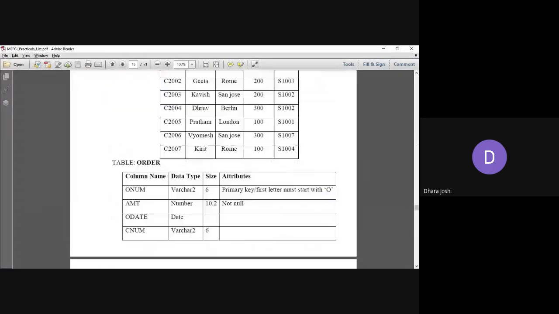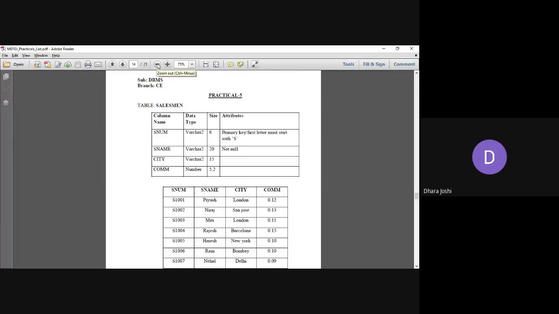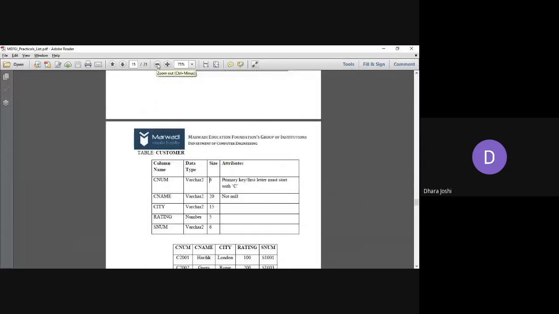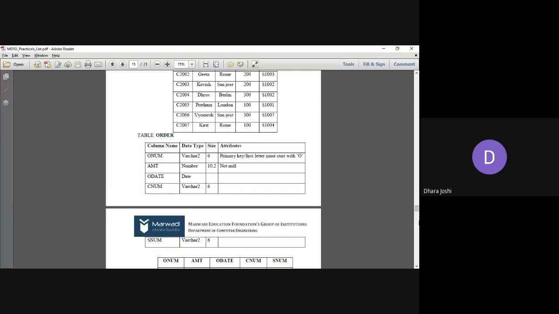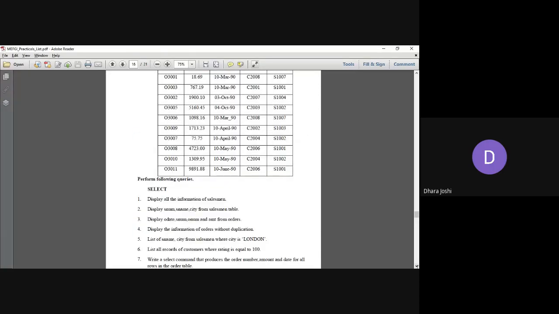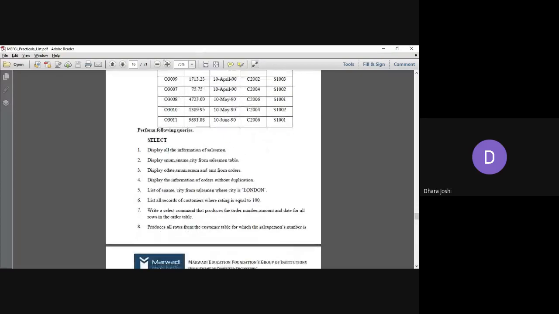So the result should come from the salesman table for those having the city name equal to London. That means we want these records, Piyush and Miti. These two records we are getting as a result. So write the query accordingly and verify your results.